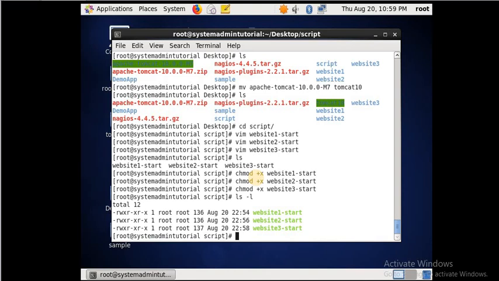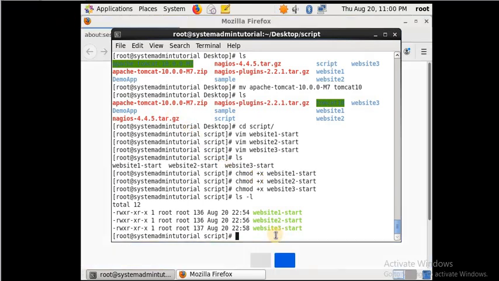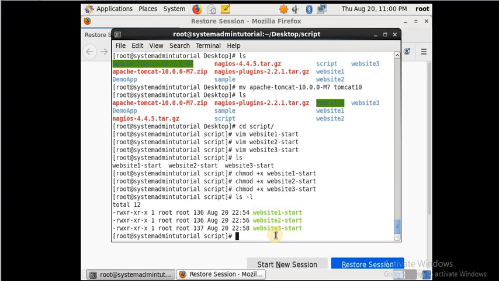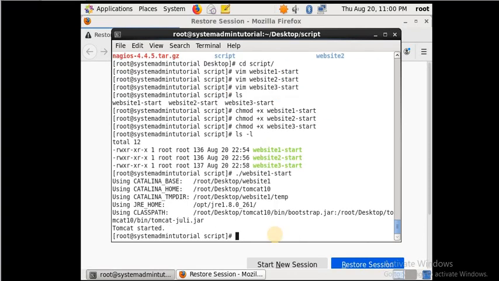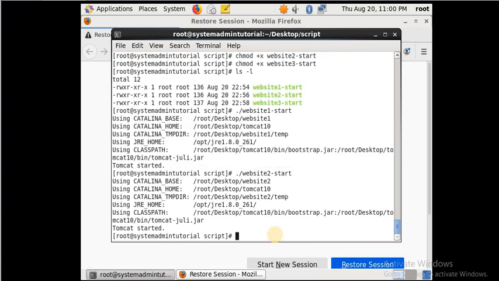So what will be our next step? Next, we'll run every script, right? So how will we run it? Website 1. You see, Tomcat started. So we'll also do it for the second website. It is also started.